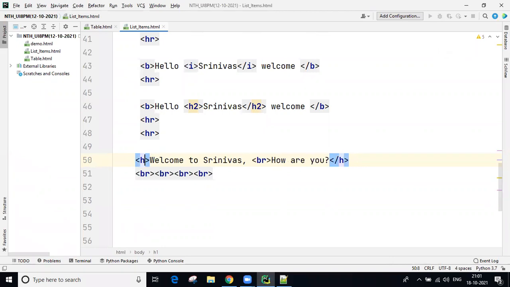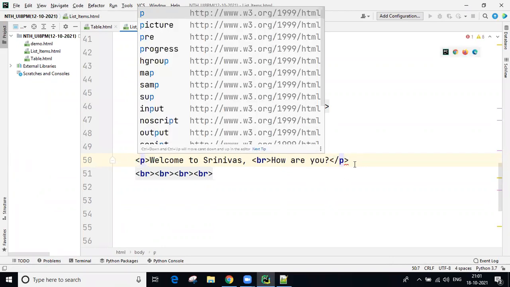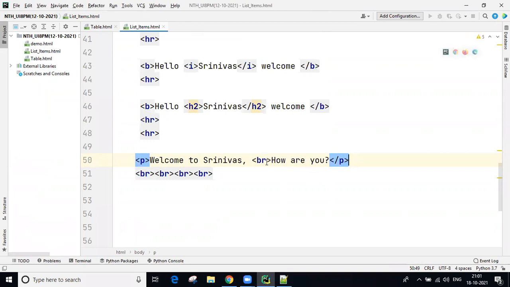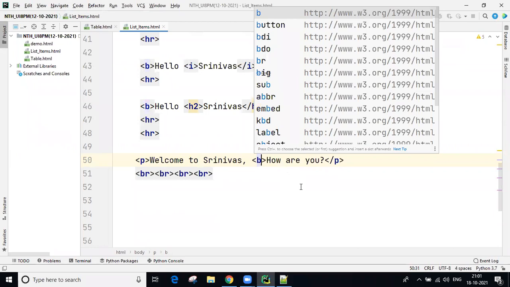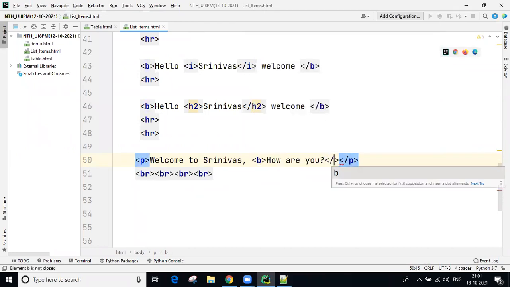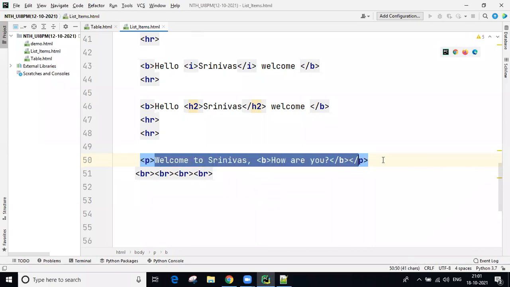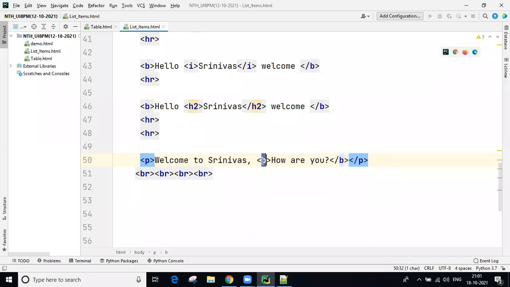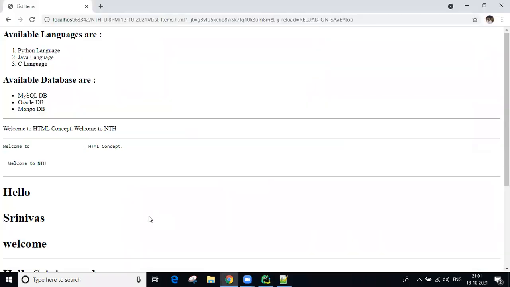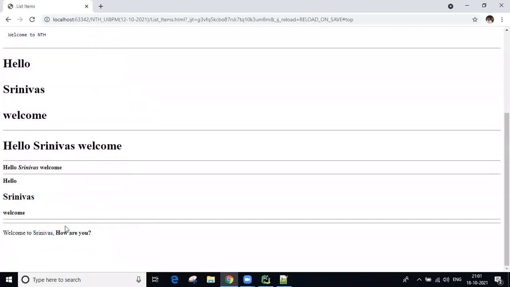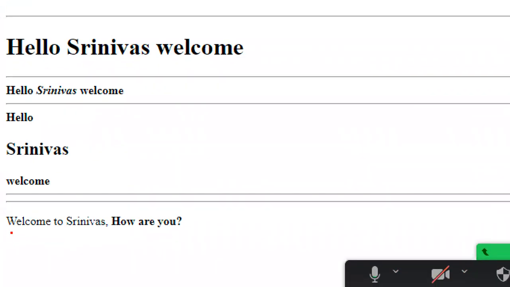Now, this is one paragraph I'm taking as one paragraph. And now here I'm using the B tag. Because of the paragraph you are normally getting text, and because of B, bold, you are going to get a thicker black color, guys. See here. This is a normal paragraph: Welcome to Srinivas. How are you? This is highlighted with the black color.